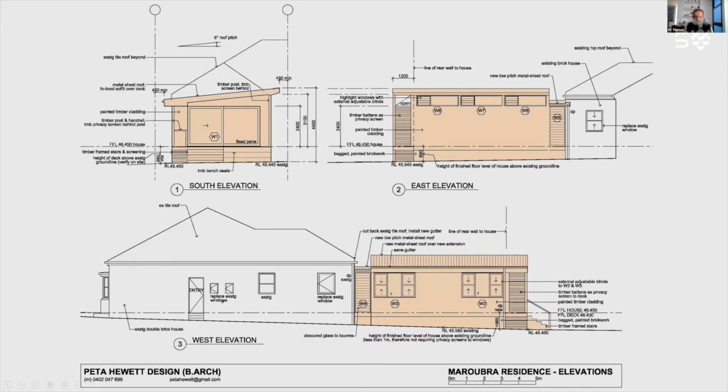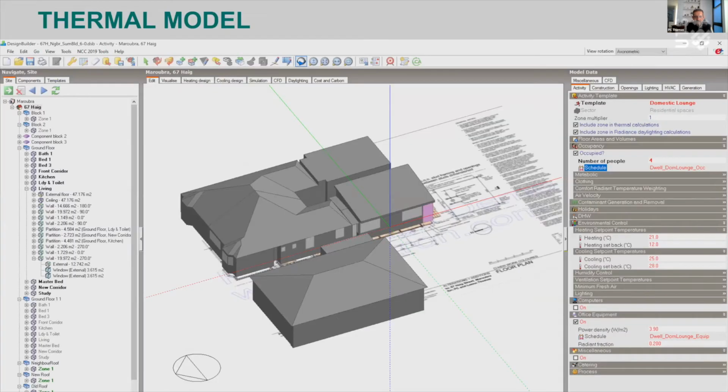So we built a thermal model, right? And I want to impress upon you that this is not a CAD model, it's a thermal model. So there's a fair number of things that it brings with it. It's a database with all kinds of things. And the way this model was built, there's a neighbor's house next door. And then our semi is this one here with all the windows on it. And the semi that's attached to it is over there, right?